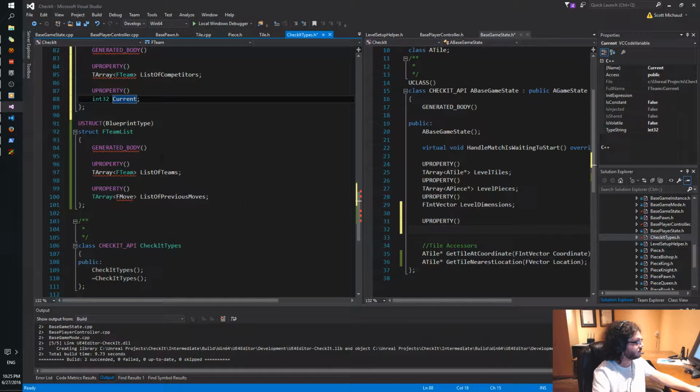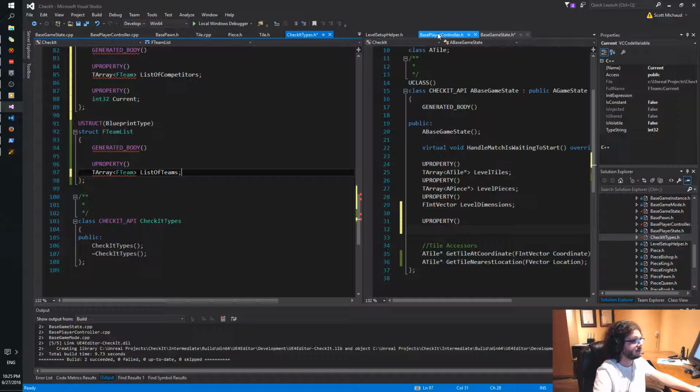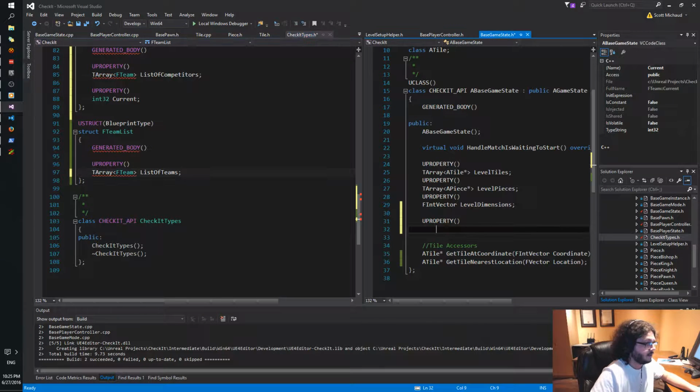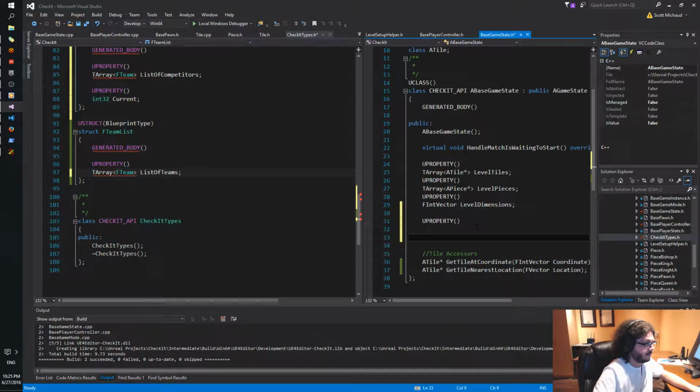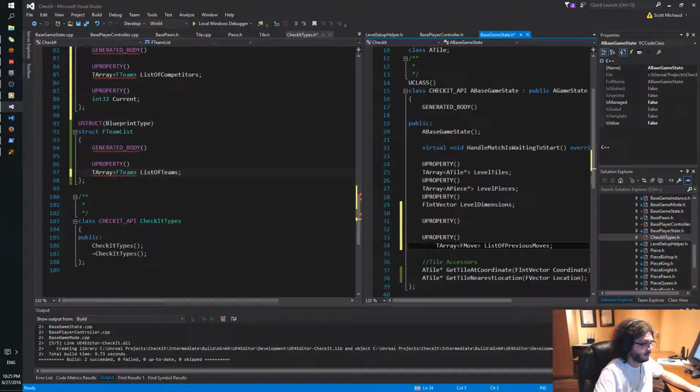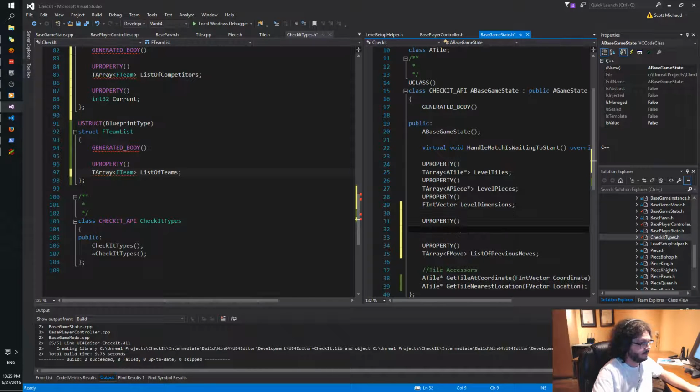Oh, I see here. This will actually not be on this. This will be on game state. And then TArray of FTeam list, team setup.